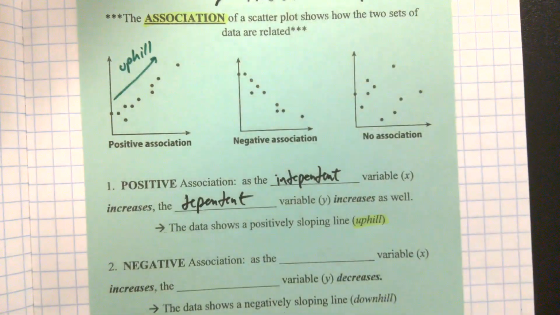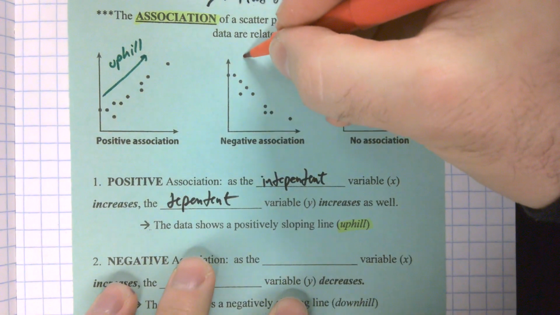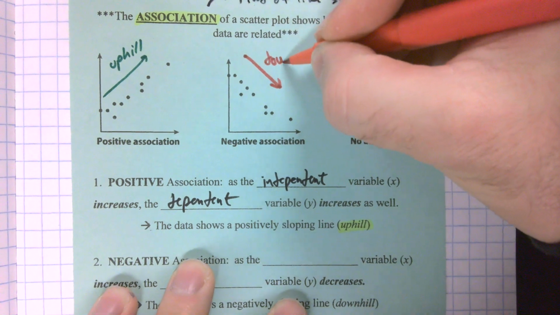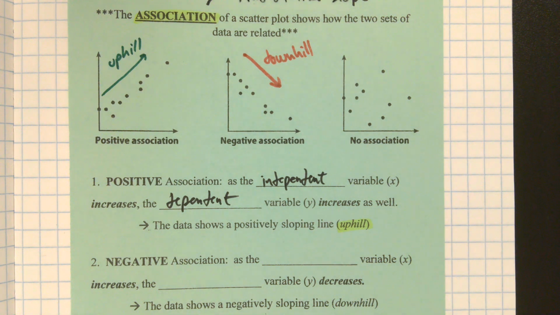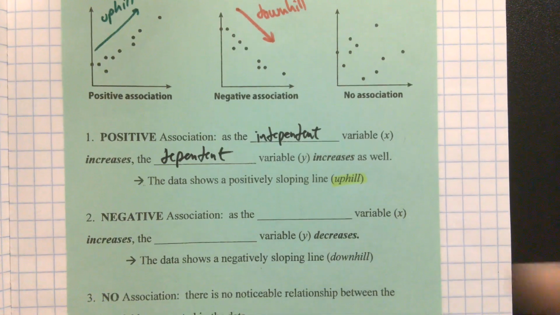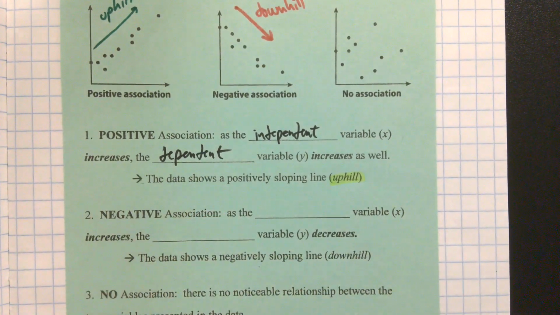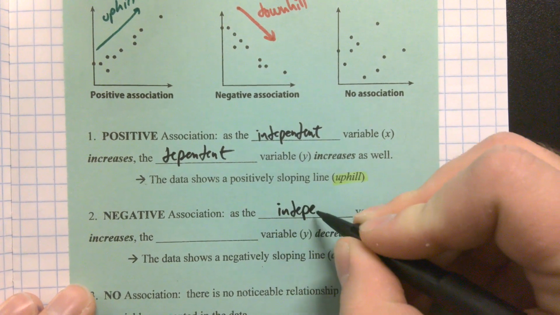So that's positive association. The second scatter plot here shows us negative association, which, as we can see, of course, is going downhill from left to right. If we were to draw a line through those points, it would be going downhill, and it would have a negative slope. So a negative association shows us that as the independent variable increases,